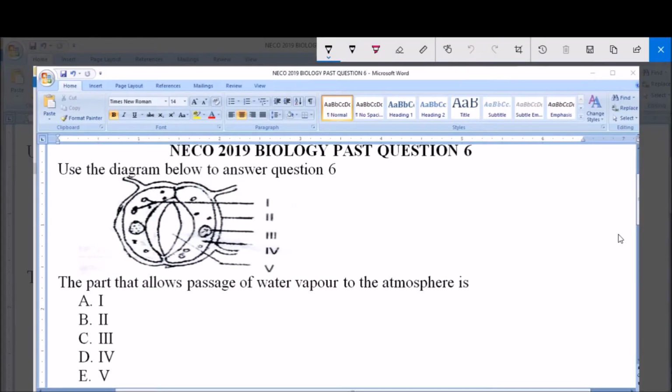I will be answering NECO 2019 Biology Past Question 6. Use the diagram below to answer question 6. Now, this is the diagram given to us, and this diagram represents an open stomata, or open stoma. And like we know, it regulates the exchange of gases in plants. Now, the part that allows passage of water vapor to the atmosphere is